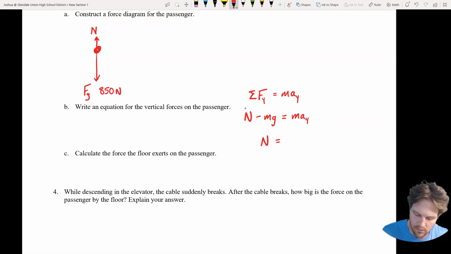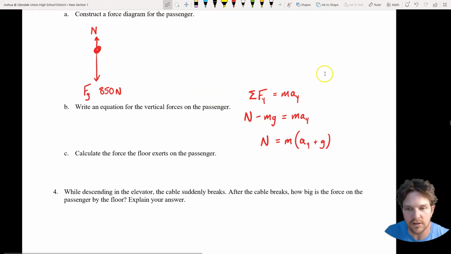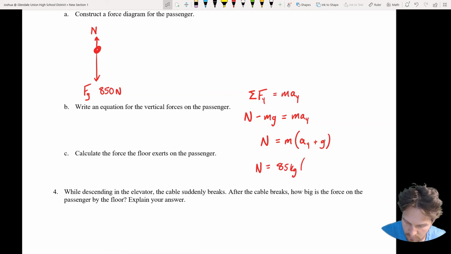Add those terms over. I'm skipping one little simplify. If you need to see that step, just rewind a couple minutes and see what I did in the previous one. And then it's plug and chug. All right, so the normal force is equal to the mass, which is 85 kilograms. The acceleration now is